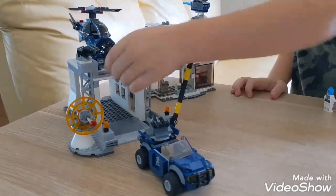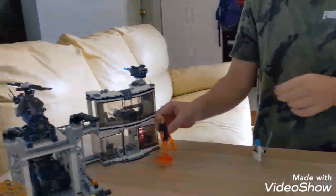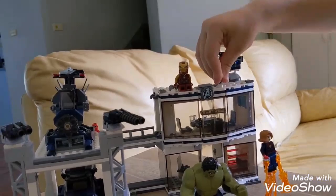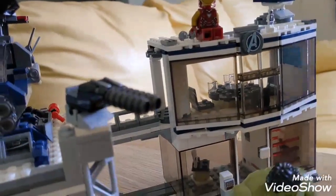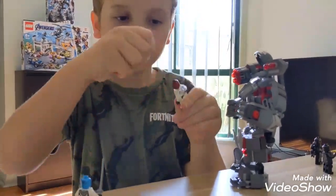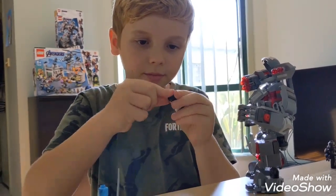Which means, let's put everything back in their places. Captain Marvel's like there, protecting it. And then there's Hulk. Iron Man's chilling up there. Ant-Man doesn't really want to be noticed, so he's shrunk a bit. And War Machine, I forgot the guy inside him. This guy, that guy's name. And he is guarding it as well